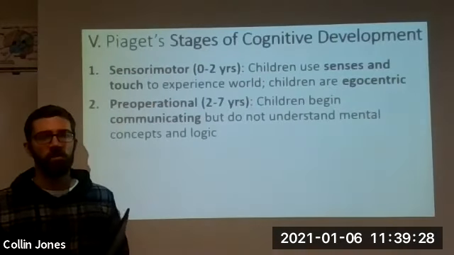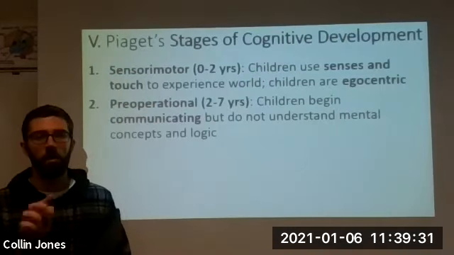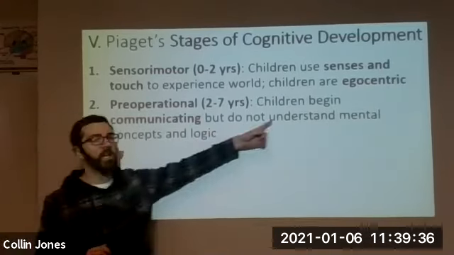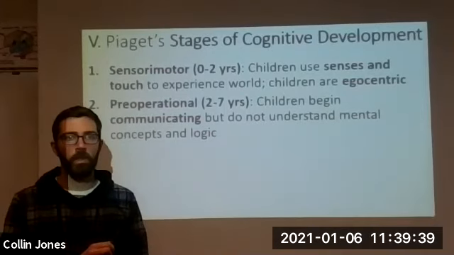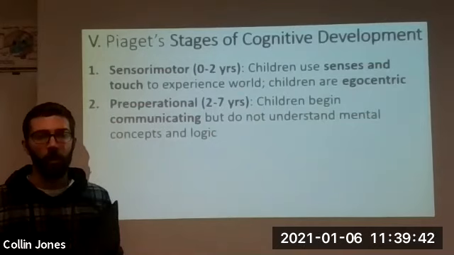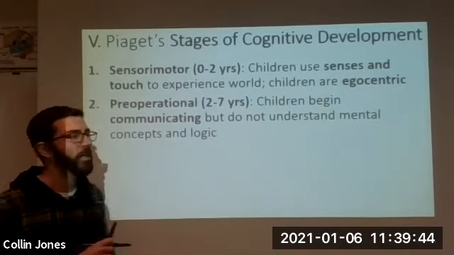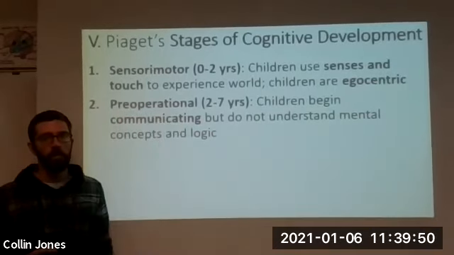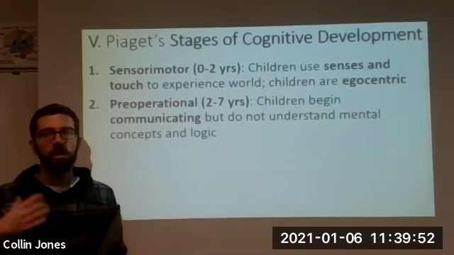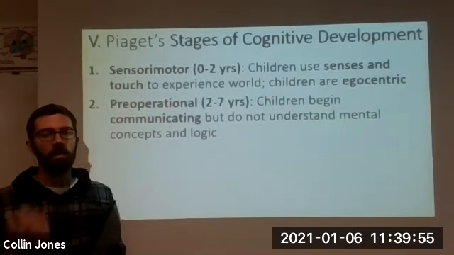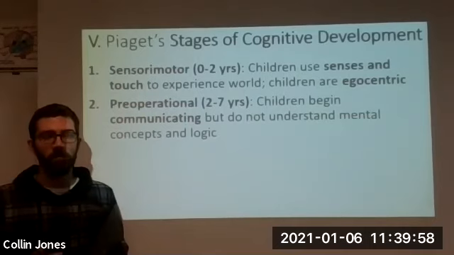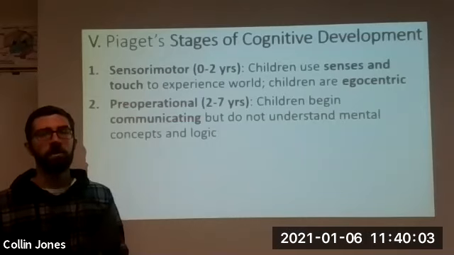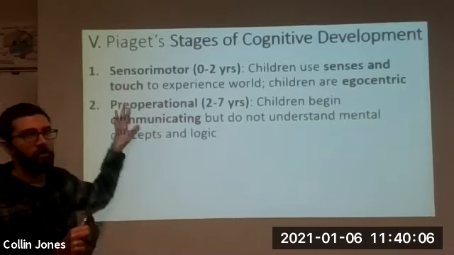In the second stage, all right, when kids start to get into preschool, kindergarten, these kids are now able to communicate. They don't have a great grasp on logic, so they could not operate on their own. They're not fully operational, right? They are pre-operational. They're before being able to operate on their own, but they start to be able to use language to discuss things that maybe they can't necessarily touch and taste at the moment, but that they know exist because of their limited interaction with the world, all right? This is the second stage of cognitive development, S, P.